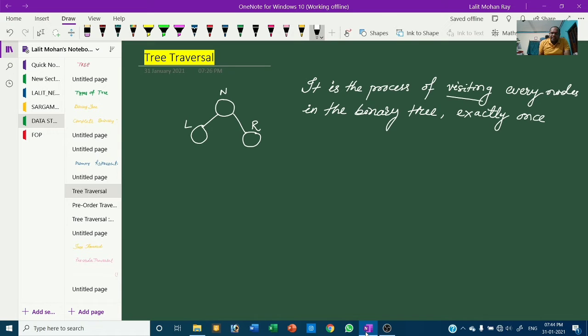The process of visiting every node exactly once is called tree traversal.